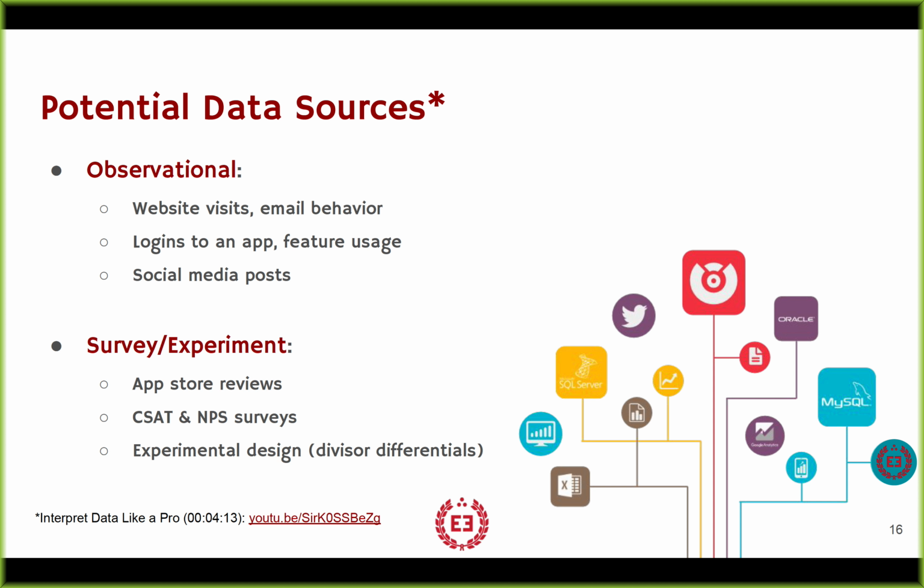There's some pretty common things to look for. Observationally, meaning you didn't ask somebody about it, wasn't self-reported. It could have been machine-to-machine capture. It could have been person-to-machine capture, but it exists already. Website data is a huge one. Behavior on the website. What blogs are they reading? What forms are they filling out? What's their site flow? How much time do they spend on page? How many pages are they looking at? What was their source of origin? Where did they come from before they hit the website? That's an environment where you can collect a huge amount of observational data.